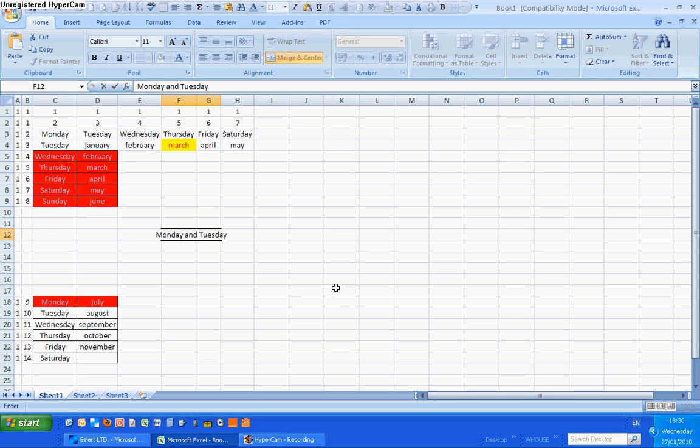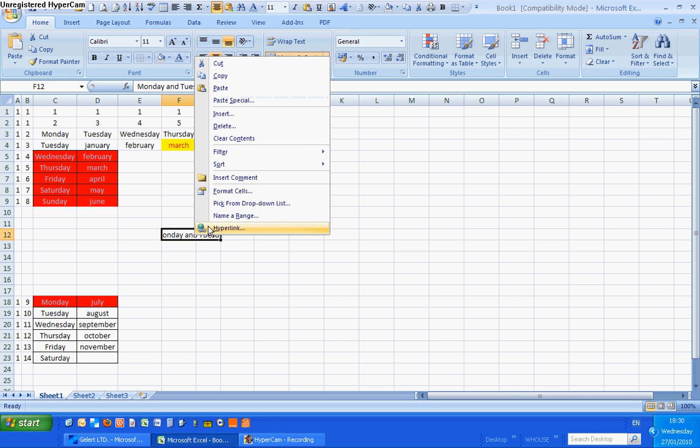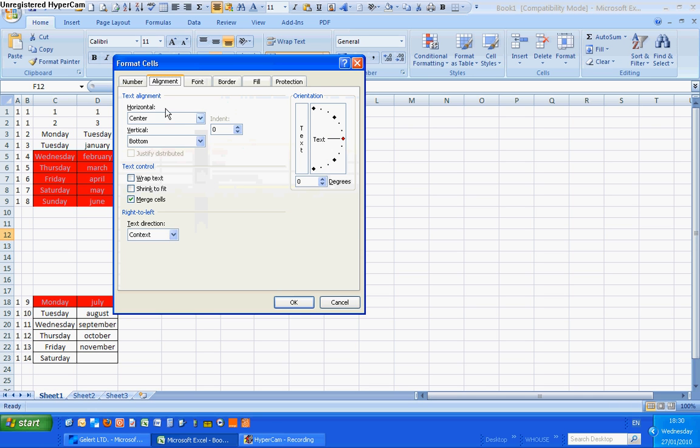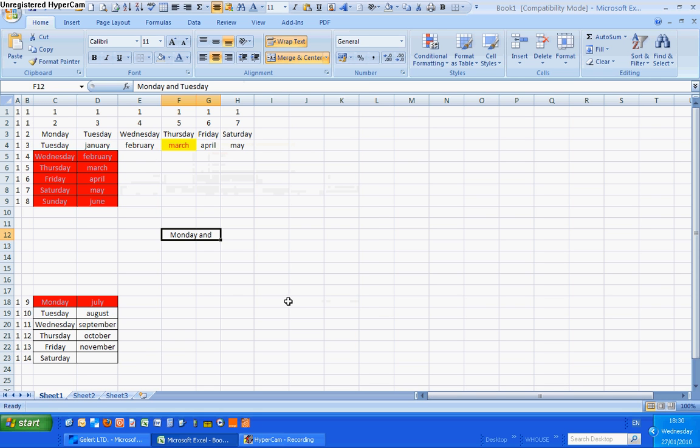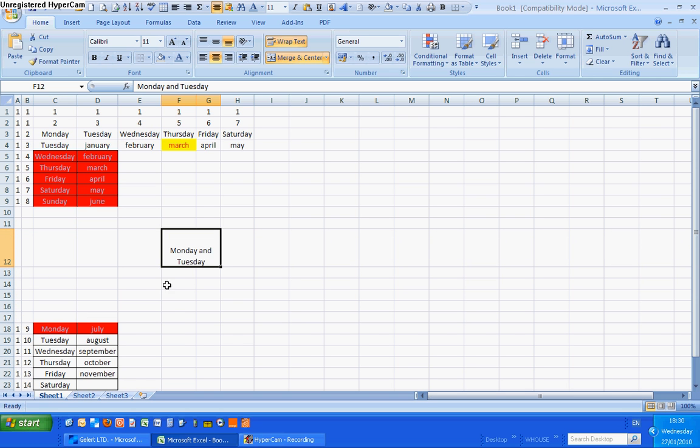As you can see, it's gone too big for those cells now. What I can do is click on the cell, go back to where I was, format cell, alignment, and now wrap text. If you see, that makes it fit in there. So let me just make that bigger. It's all in there. See, if I keep on writing now,